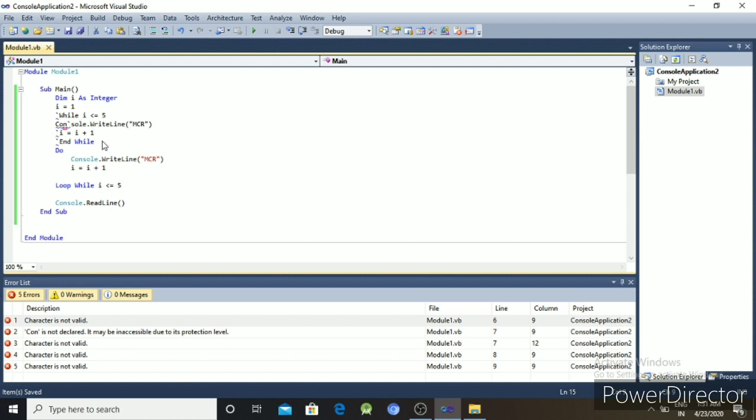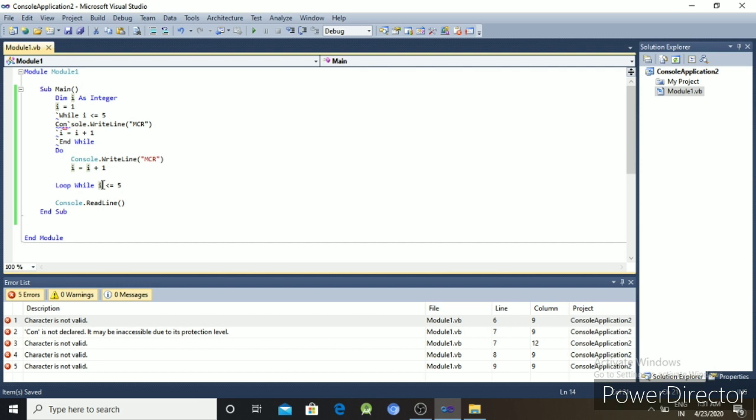So, do, inside we write the program Console.WriteLine MCR and I equal to I plus 1. Then Loop While, then the condition I less than or equal to 5.